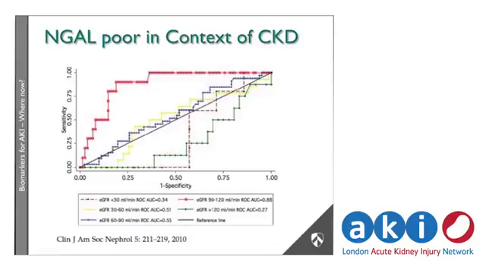And the worse, it seemed that while NGAL worked quite well in people who had normal renal function, in chronic kidney disease in this study it seemed to perform much more poorly. That may be because the timescale of NGAL release is different in chronic kidney disease, and other people showed that later on in patients with chronic kidney disease NGAL could be more useful, but that may not be clinically useful because you can't necessarily identify the timing of the renal insult.